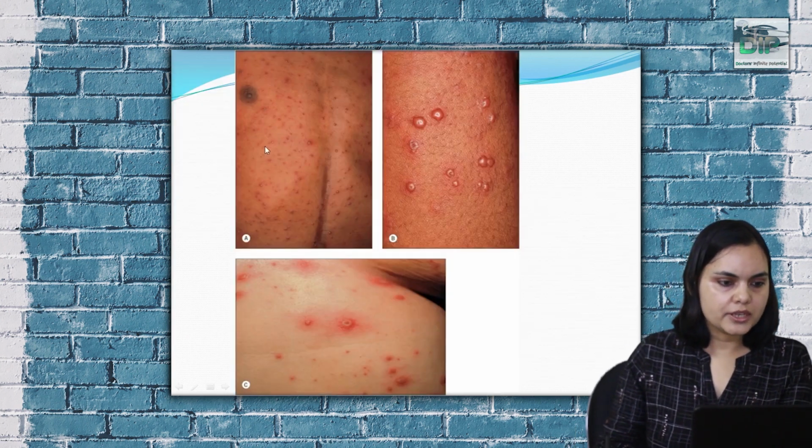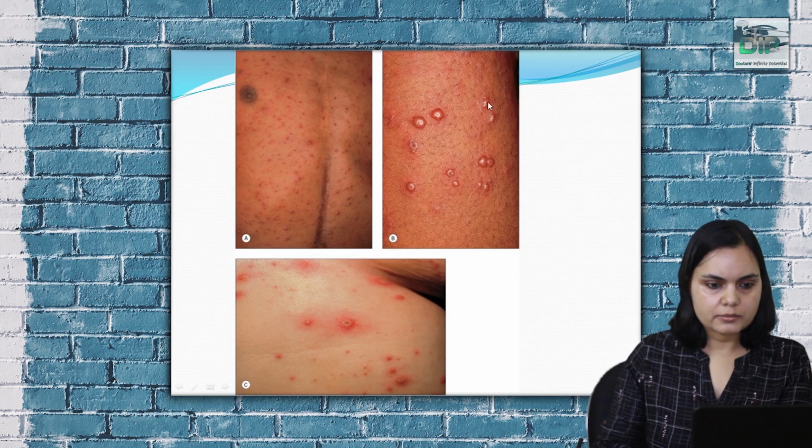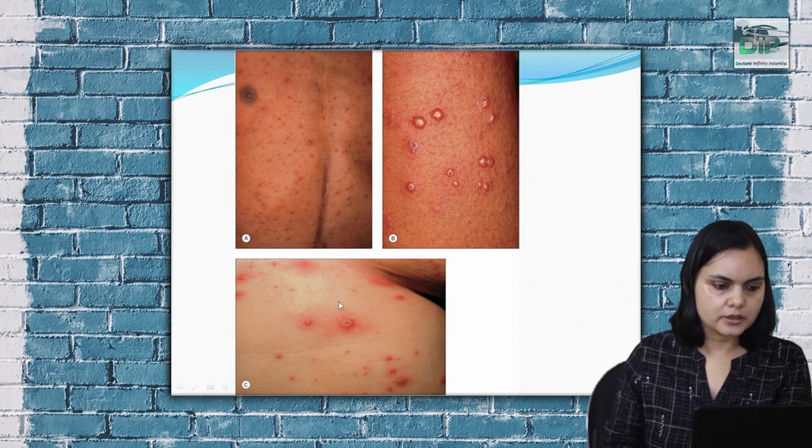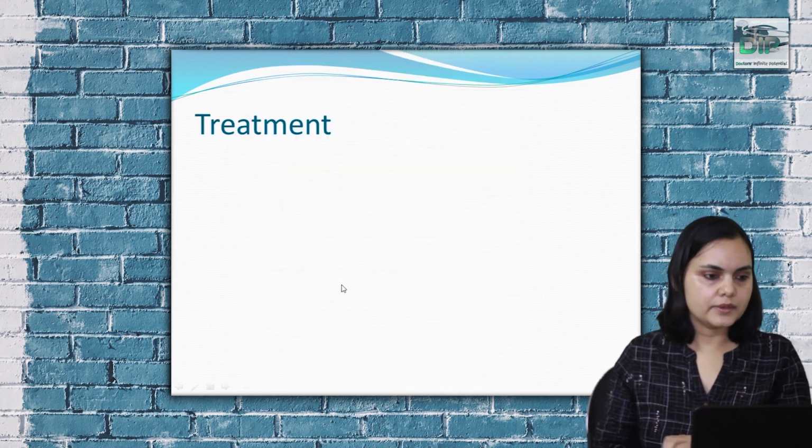Again, in this picture we can appreciate mainly the papular stage and vesicular lesions. Again here in this picture we can appreciate many vesicles. These seem to be new vesicles, and this one is a late vesicle with central crusting. Again, this is the closer view explaining the same thing.